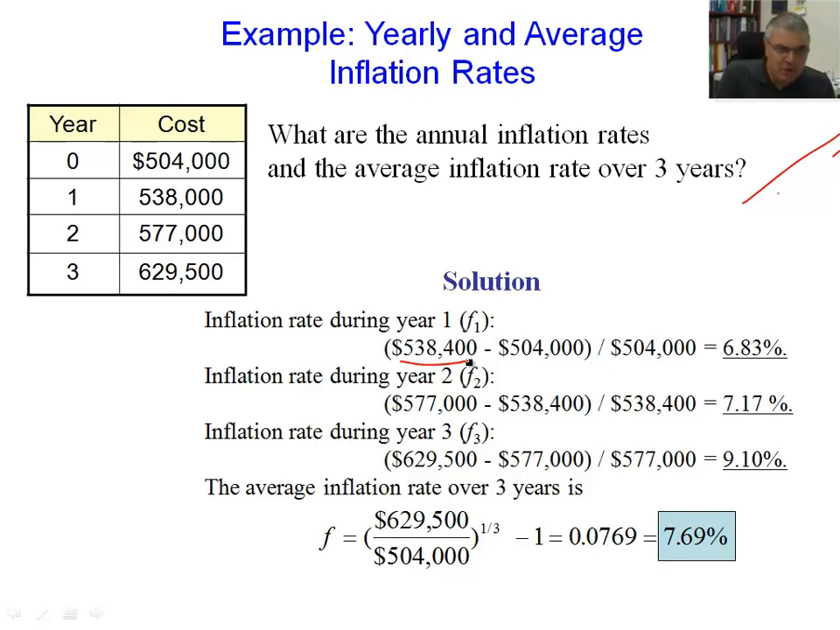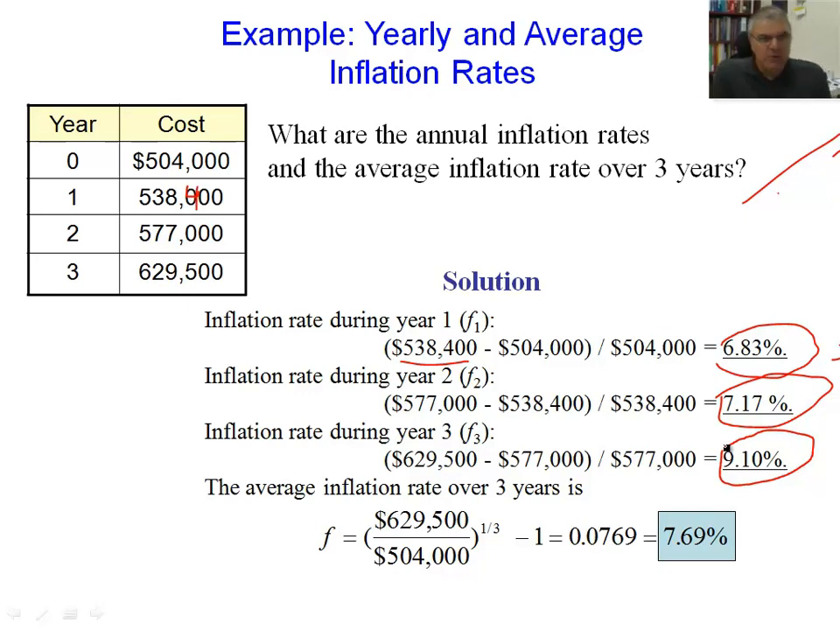There's a 400 missing here. This should be a 400 right here. There's a typo. This should really be 400. It doesn't matter much because it's not much, but $400. It's not a lot in this type of calculus. So for the first year, 6.38%. The second year, 7.17%. Third year,